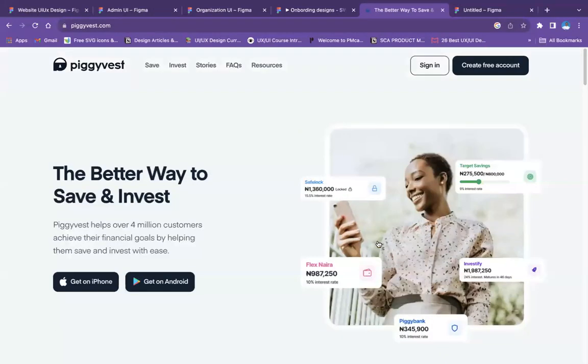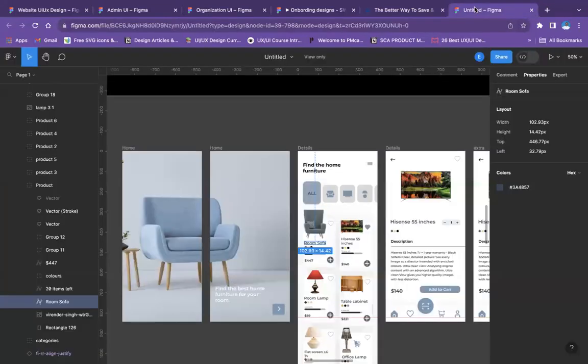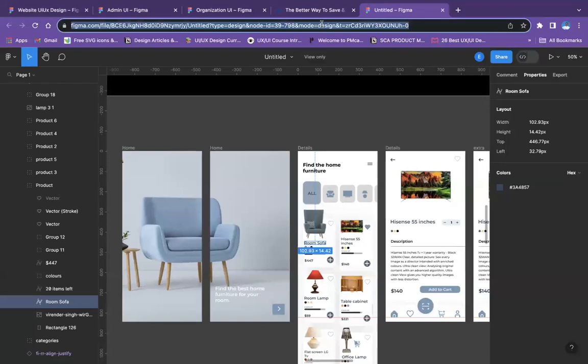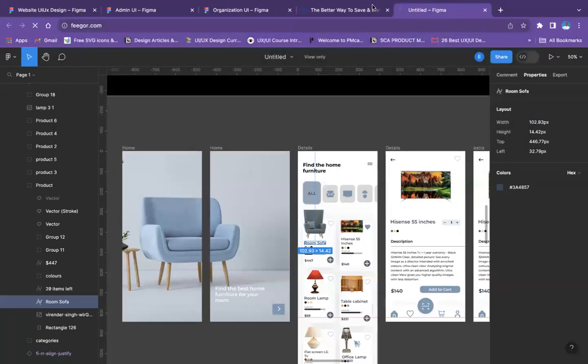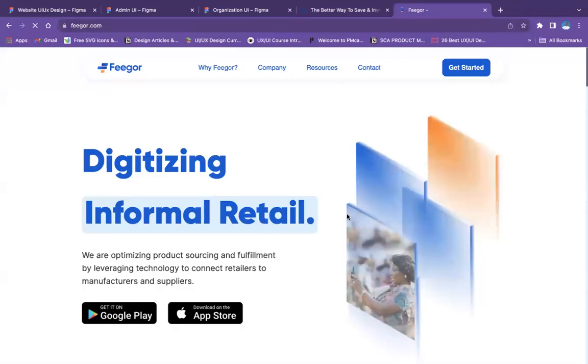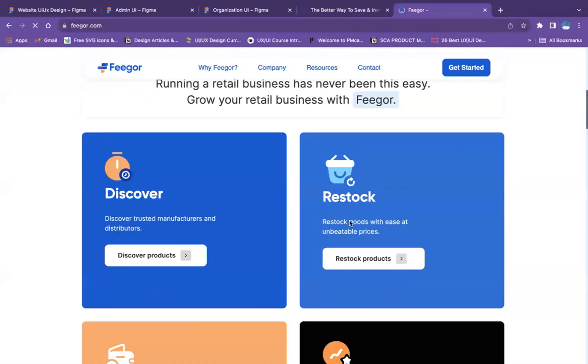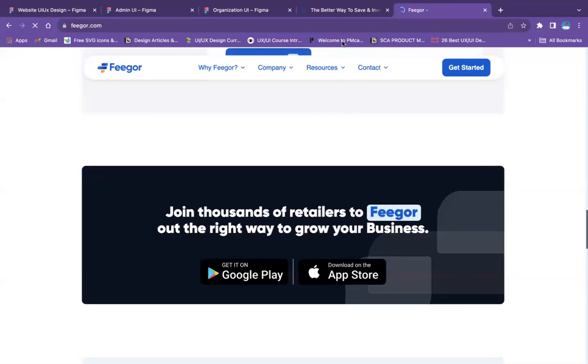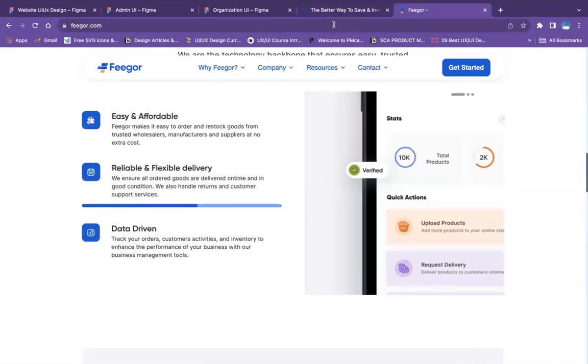So I'm looking for different websites. So we are going to choose which of them we are going to replicate in this class today. Oh, I've closed my own. So this is Piggyvest. This is another one. So let me talk about